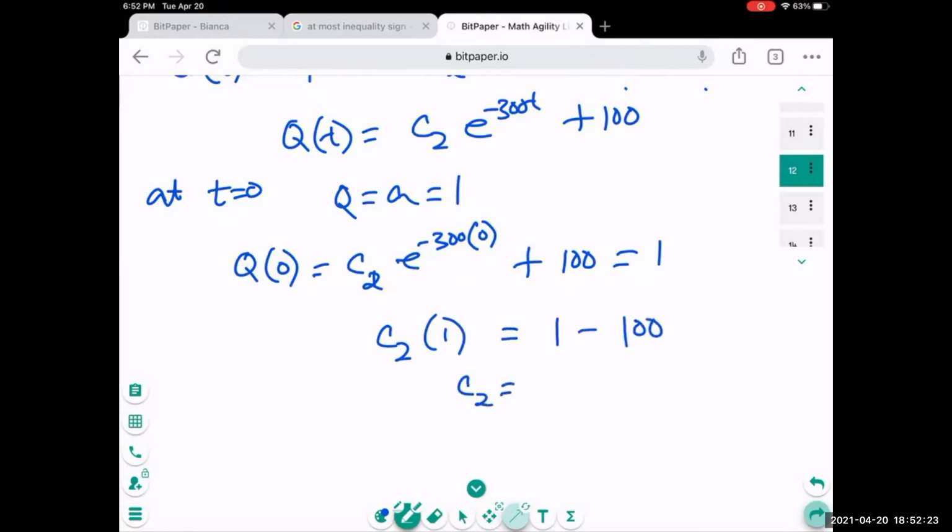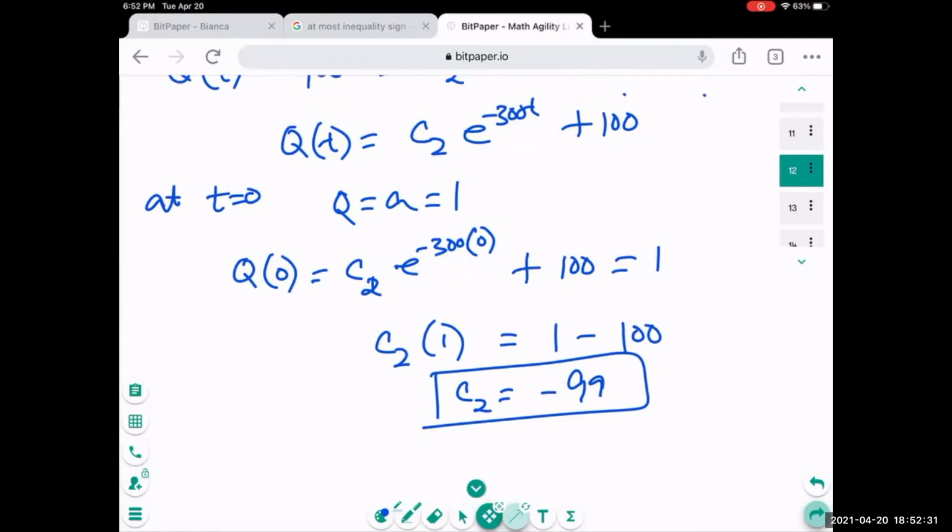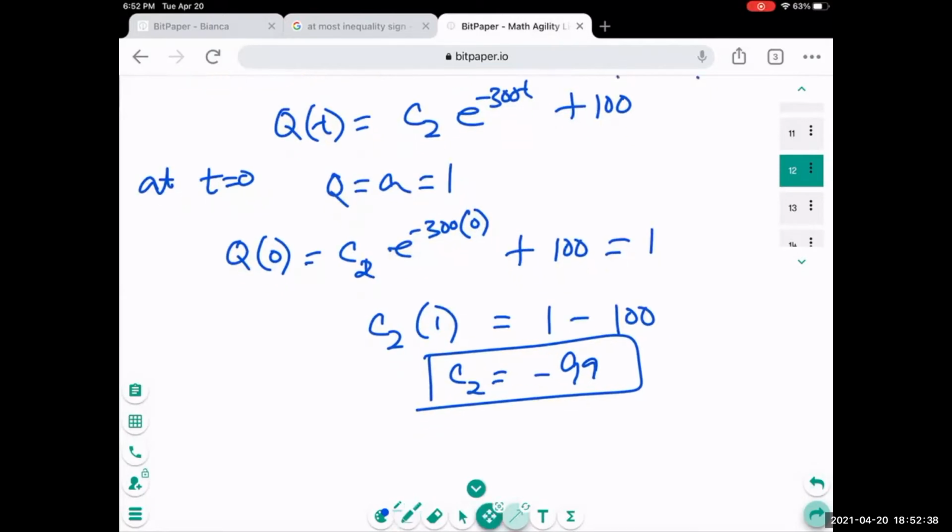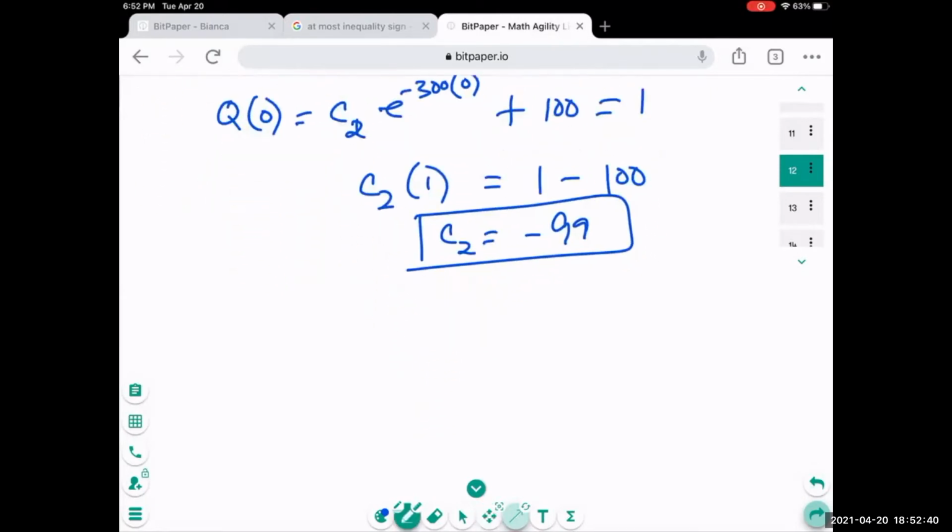So C2 is equal to negative 99. So let's write this arbitrary constant that we solved into our solution. So Q(t) is equal to negative 99 e to the negative,